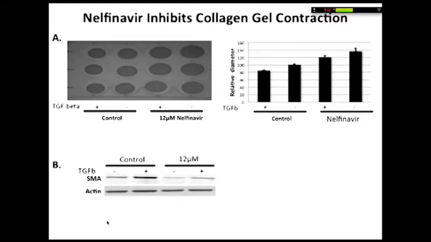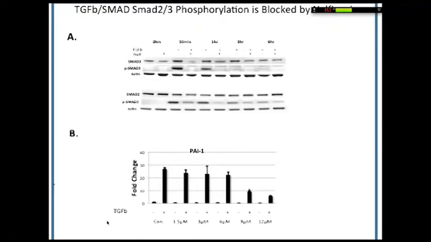And so the alpha smooth muscle actin here from these cells with TGF-beta alone is upregulated by TGF-beta, but even in the context of this three-dimensional culture with collagen, we get a reduction in that. So I said, well, maybe there's something else that's being inhibited as well by the Nelfinavir, and this is data just to show that SMAD2 and SMAD3 phosphorylation are being inhibited as well by Nelfinavir. And then the PAI-1, just to illustrate a downstream target of the SMAD2 and 3 phosphorylation, is being affected.